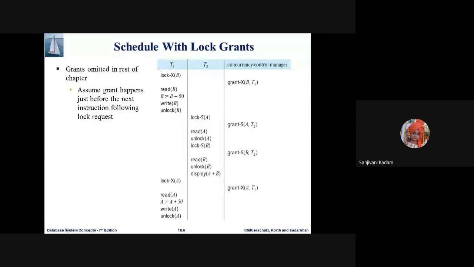So this is just a schedule wherever locking and unlocking can be allowed. Consider this a time domain, where from top to bottom we are reaching higher times, and there are two transactions simultaneously executing, and this is my concurrency control manager. Both are using data items A and B. Now let us start with the first transaction, T1. Is this slide clearly visible?